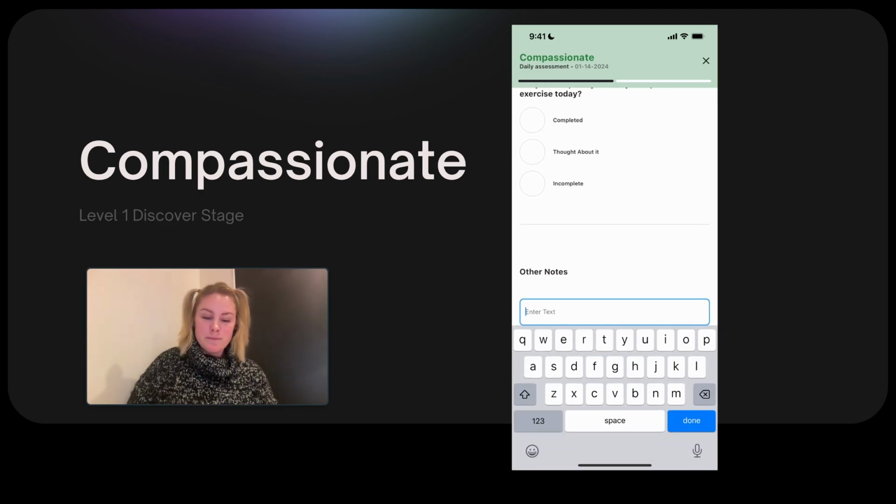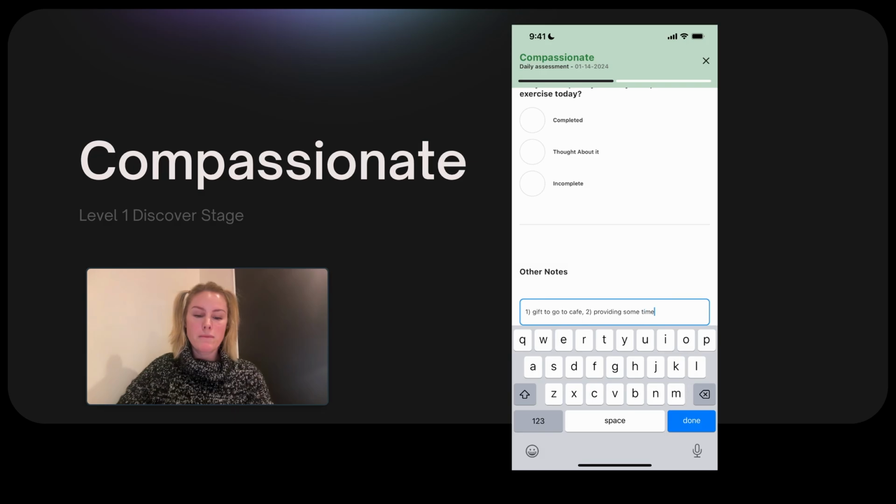So I was thinking about this all day. The example of compassion that I can think about is my partner and I went to a cafe today, we were using up a gift card from his mom. And I think that gift was just really thoughtful. We really love going to this cafe. So that showed a lot of compassion. Let's see, what else? For me, I am providing some of my time to help my partner with a project of his own. So, providing some time. And then in terms of vices,